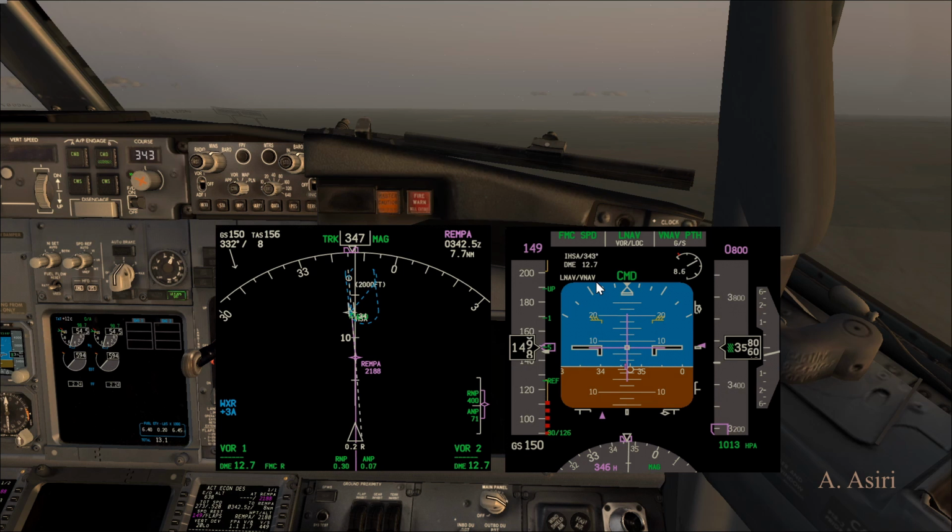Again, personally, I wouldn't do that. We are already slow. We are well within flaps 15 limit. So there's no point for me to go gear down flaps 15 now. I'm gonna wait until I am 3 to 2 miles from the final approach fix, and then I'll request gear